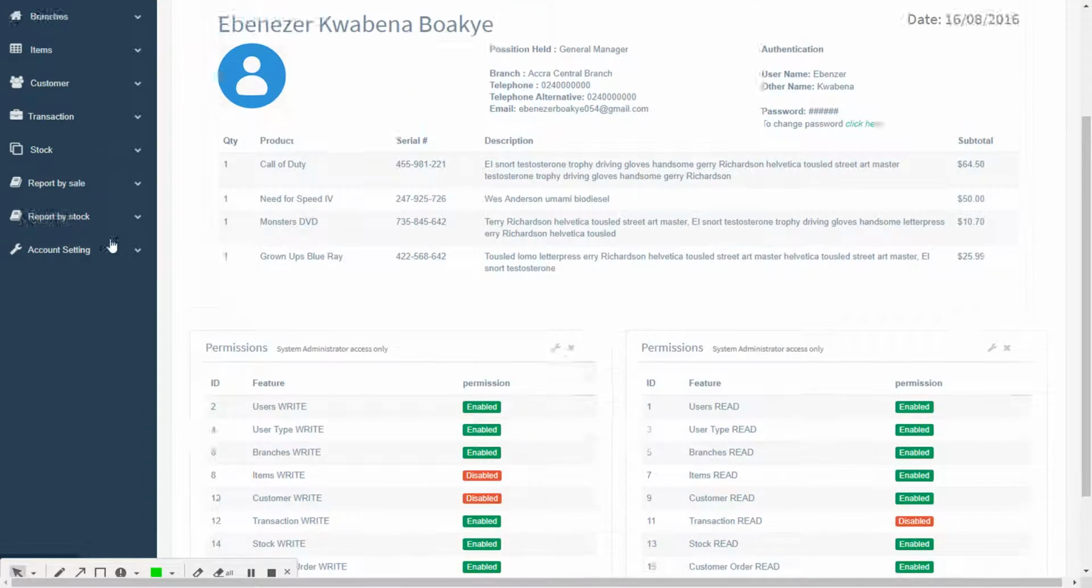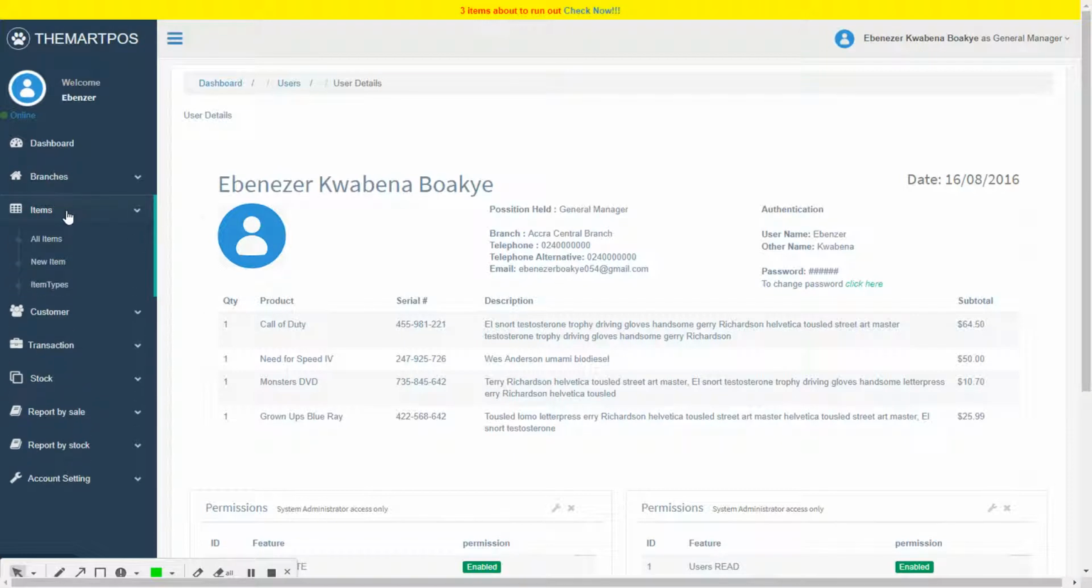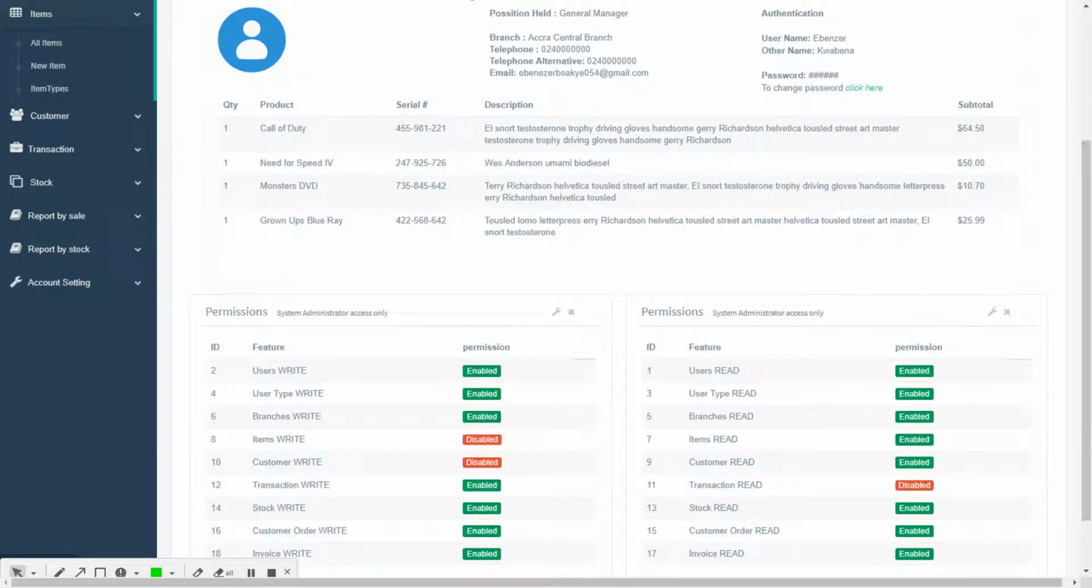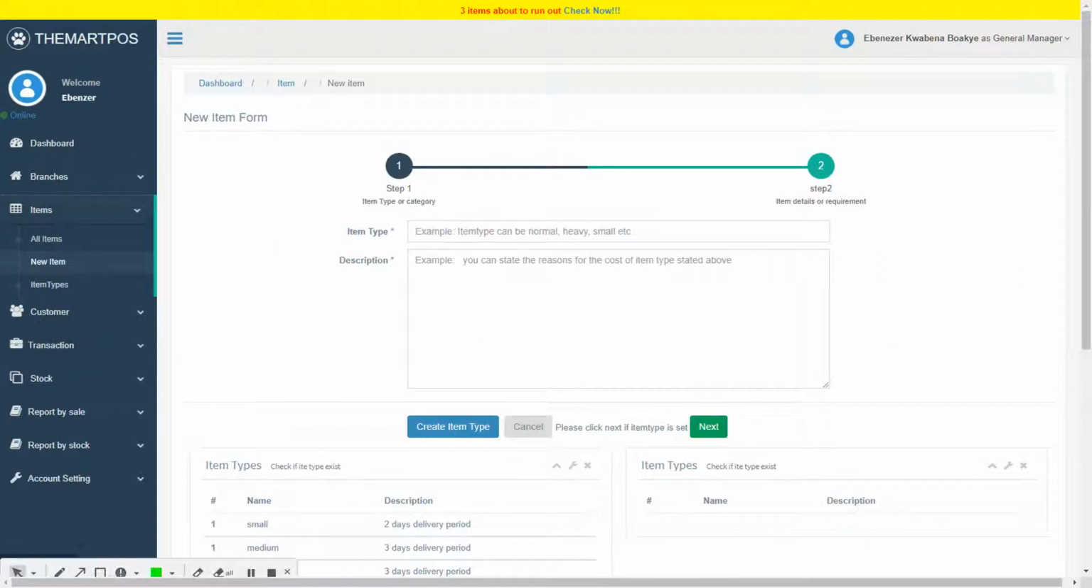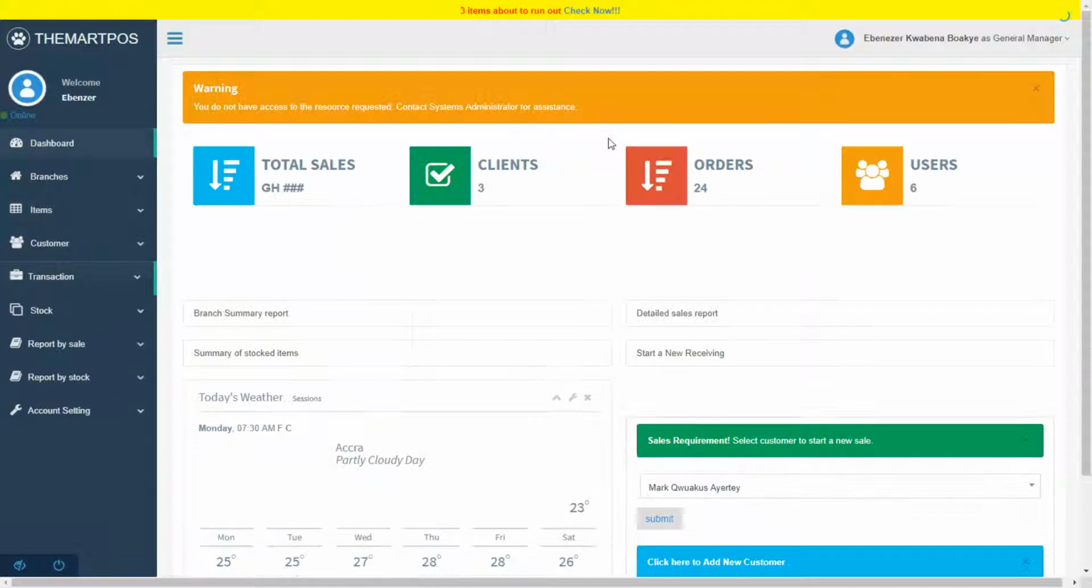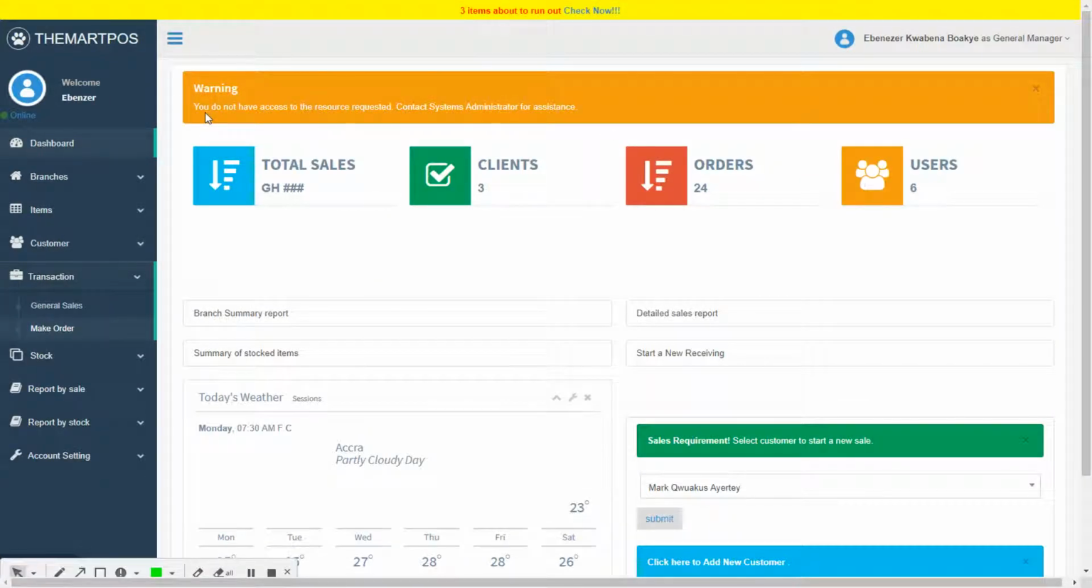So let's go to items. Let's go to new item. All right. So let's try and create an item. So it's flagging an error that you do not have access to the resource requested. Contact the system administrator for assistance. So what we do is that